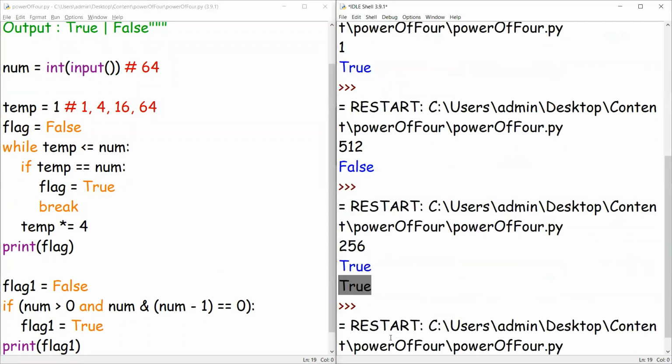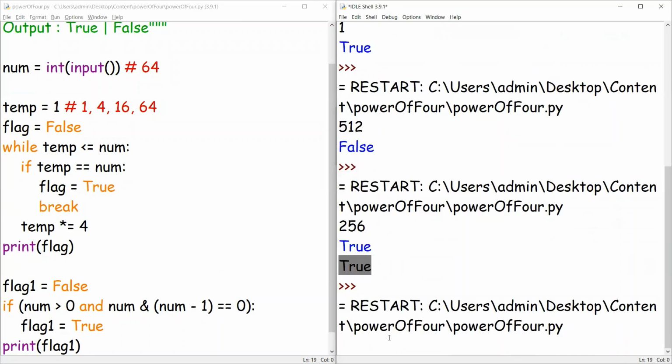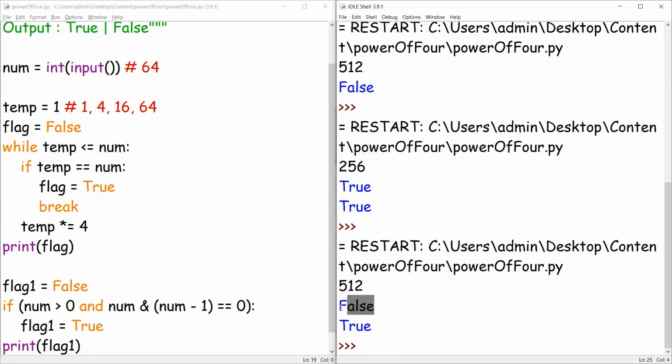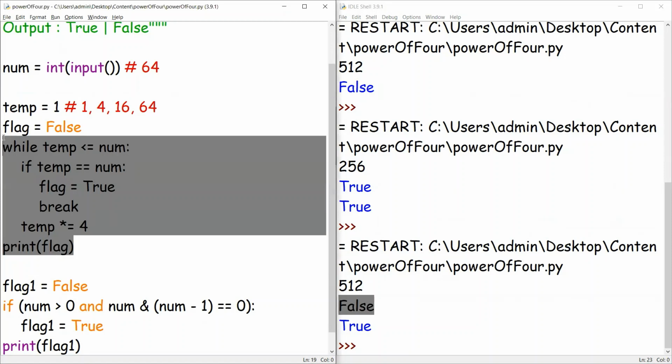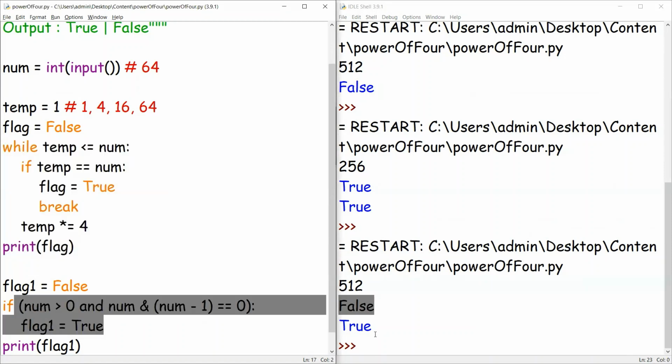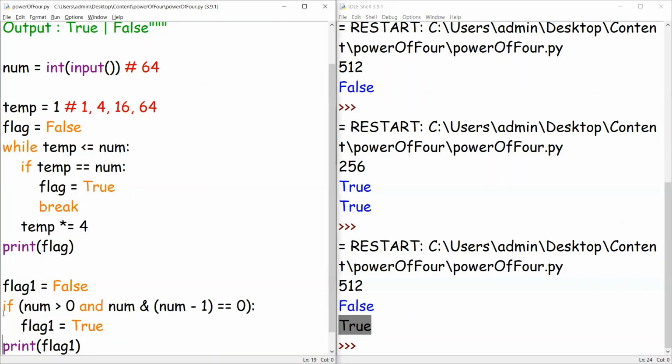What if I give a number which is a power of 2 and not a power of 4, like 512? It is not a power of 4 and it is a power of 2. So you get the first value as true, so this condition is satisfied. And for the second one, you get the value as false. So having this condition is not satisfied. So apart from this, let me add some other additional condition. If my number modulus 3 double equals to 1, I can conclude that the given number is a power of 4. So let me save this code.